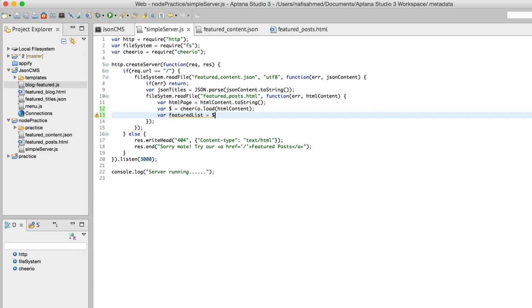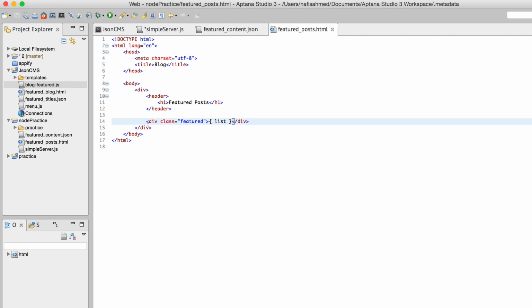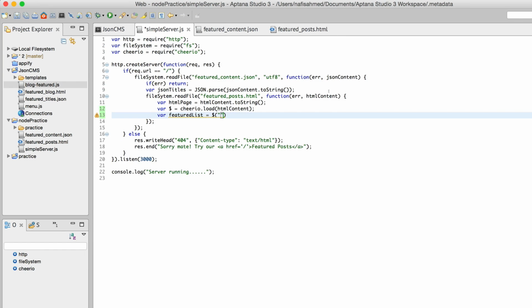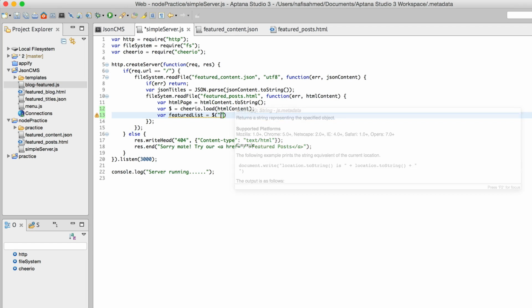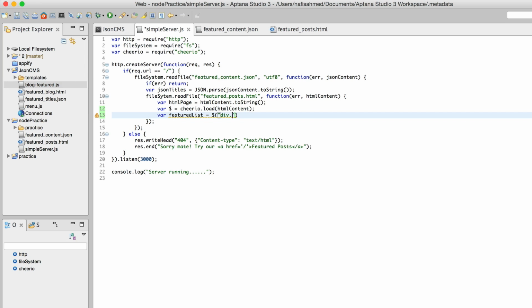You might have worked with the jQuery wrapper function. The jQuery wrapper function looks something like $, then parentheses, and it is used to select some sort of element. Like if you want to select this div tag, which has got the class name featured, inside the double quotation marks you write the div, followed by a dot, and then featured. That's how you use the jQuery wrapper function, the selector function, to select